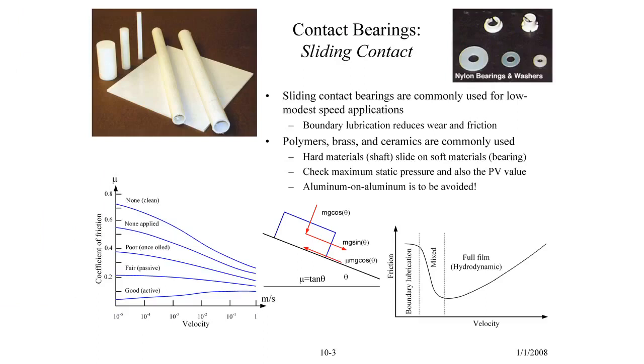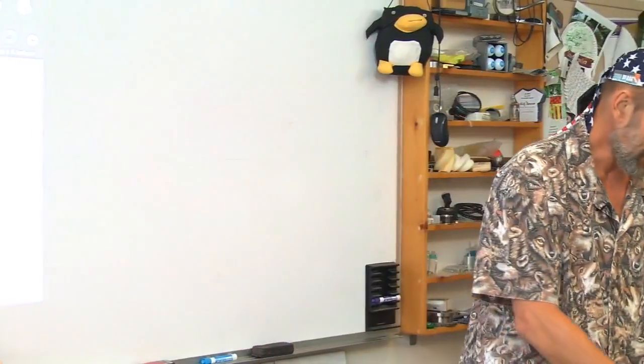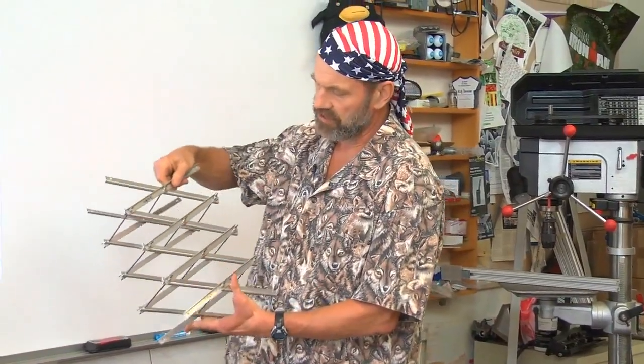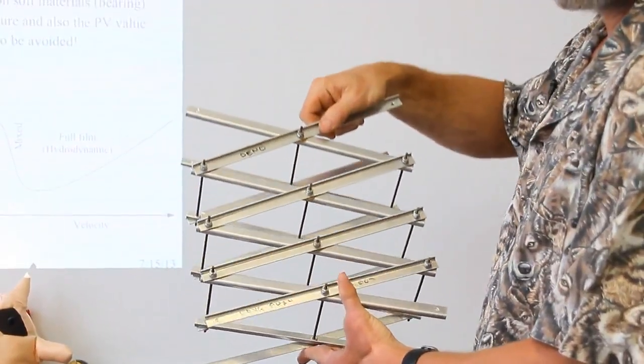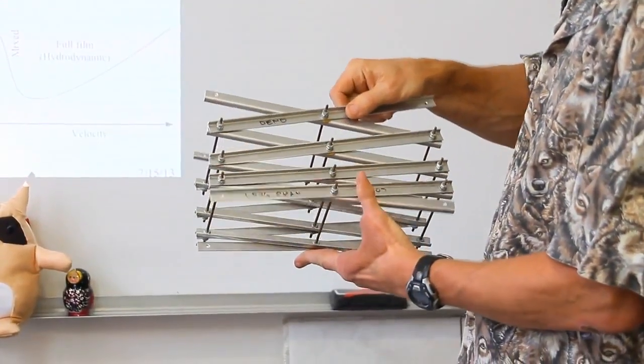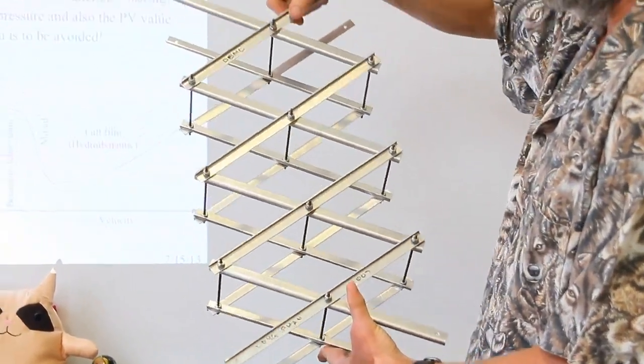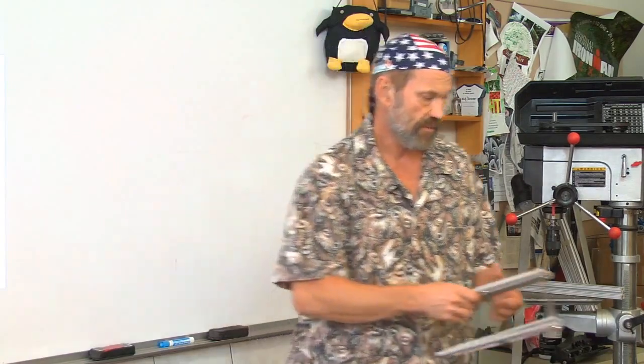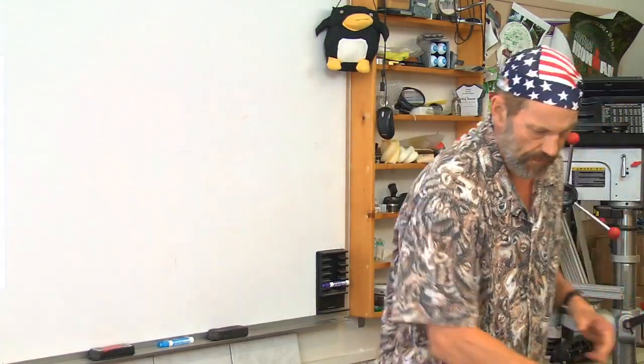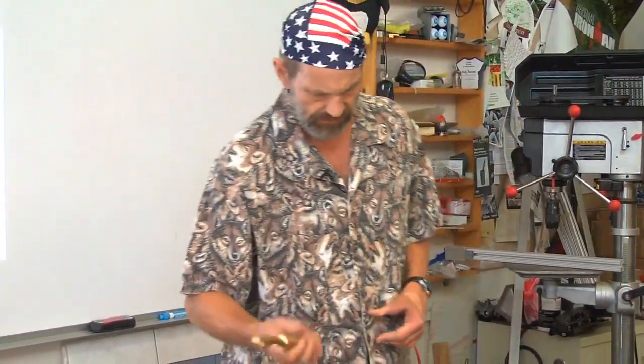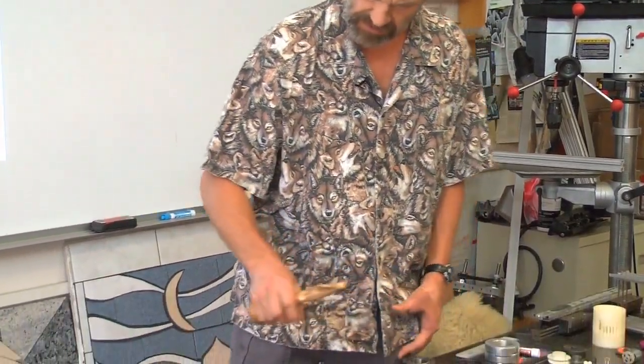So let's delve into sliding contact bearings, because they're the simplest bearing, which you see most often used. A sliding contact bearing, in the simplest form, is just a pin joint. The interface between the pin and the joint is a sliding contact. It's rotary, but it's still sliding. So I will use, even though it's not the intended fit,